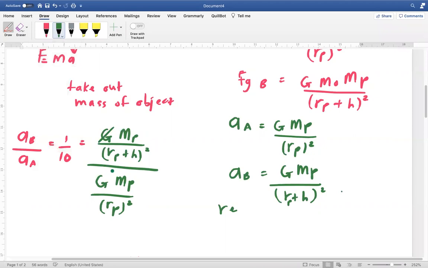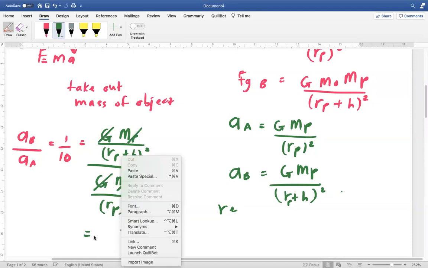Okay, so G is crossed out by G, MP is crossed out by MP, and now I am left with RP plus H squared at the denominator, and this guy is RP squared at the denominator. So it becomes, it goes up, right? So now it becomes